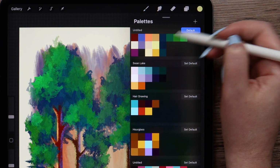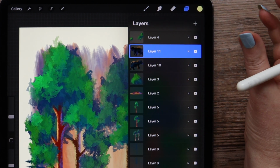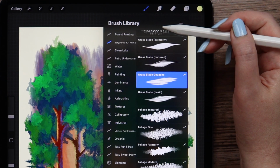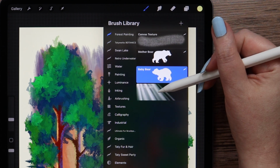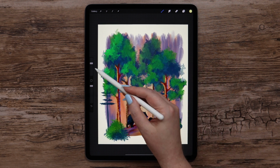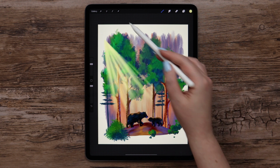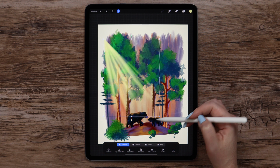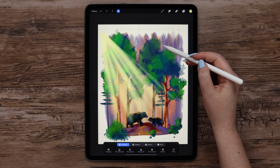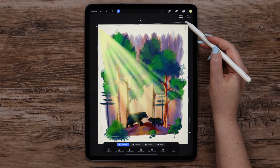Let's grab this light color in the middle. I'll merge these layers. Create a layer on top of all layers. Open the brush set for the tutorial and pick this ray of light. I'll tap in the middle of the canvas, click on this arrow, and here we can transform it according to the composition. I'll rotate it slightly, move it up like this,